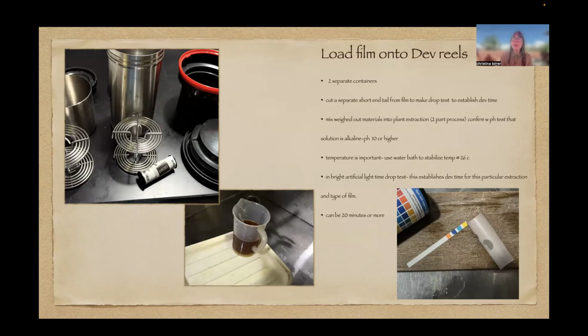The drop test will tell you how your film and the type of film is responding to the particular extraction. From this drop test you come up with a time: you divide the time that the drop takes to change color and hold a dark color by 4, and you get your developing time.